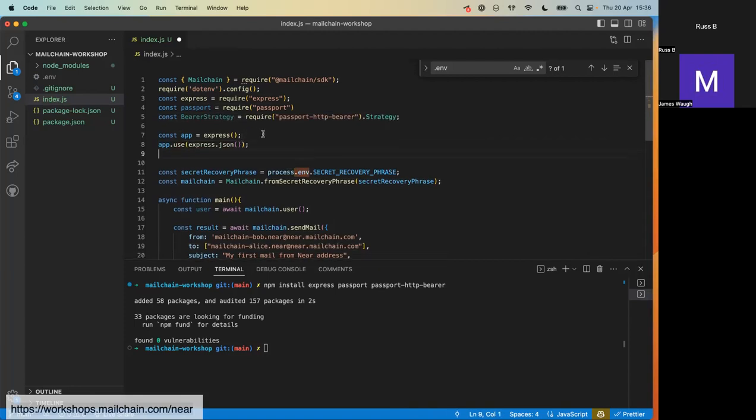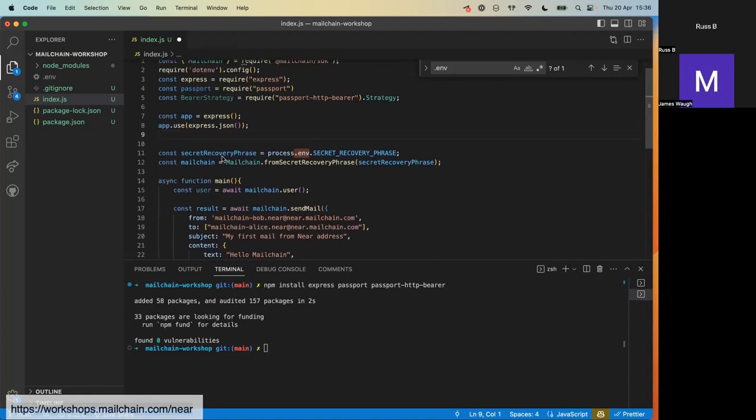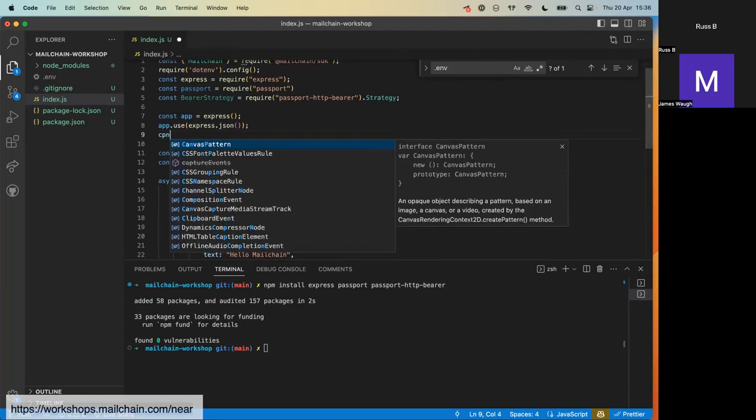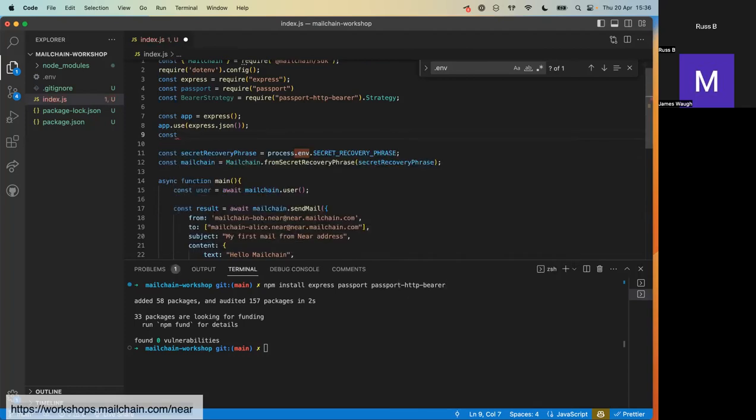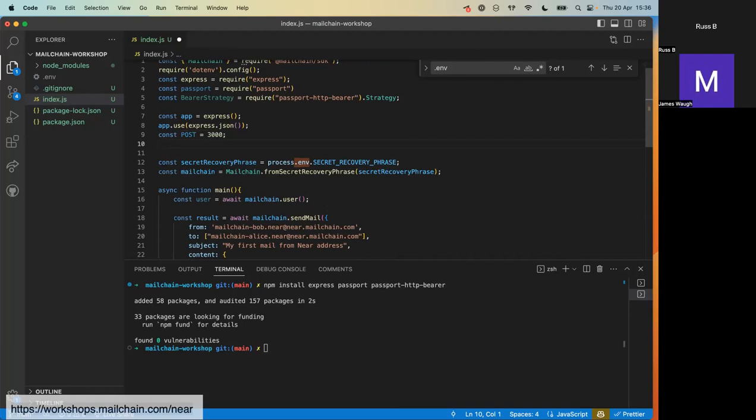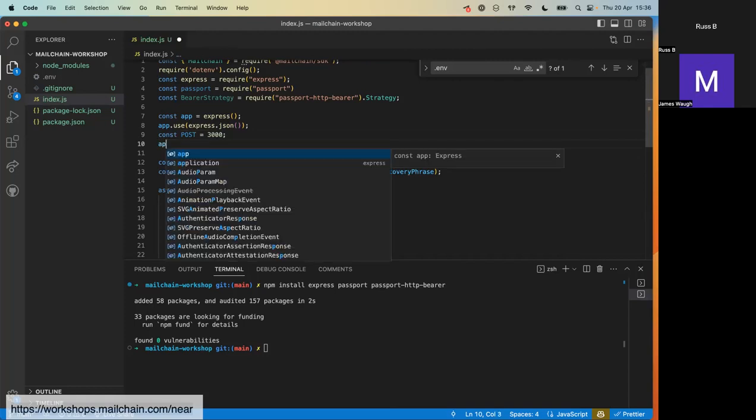And we need a port to run on here. Note, before, we ran ngrok on port 3000. It doesn't really matter what port you use, but the port definitely needs to match what you have running on ngrok. So I'm going to create port 3000 and I'm going to listen